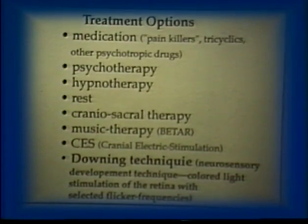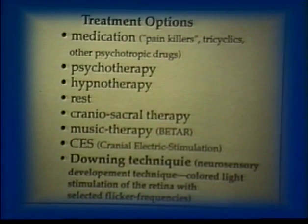I have experimented with that over and over again, and I've just found that the common psychotherapeutic